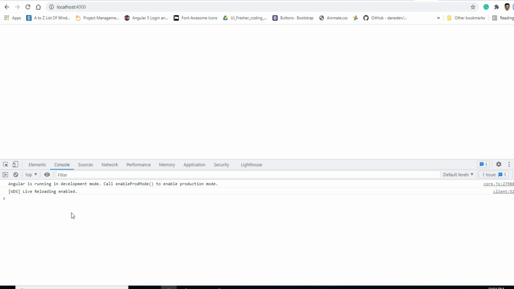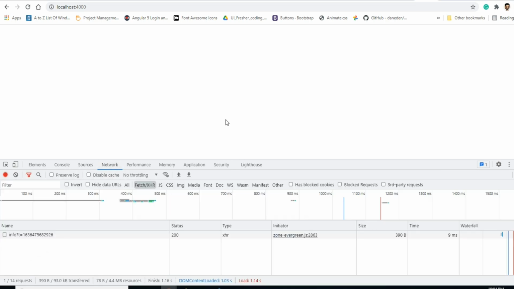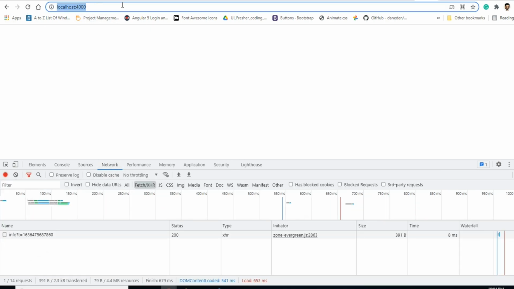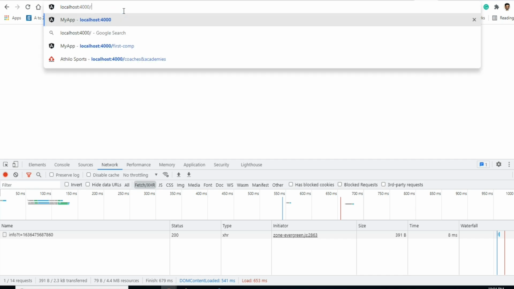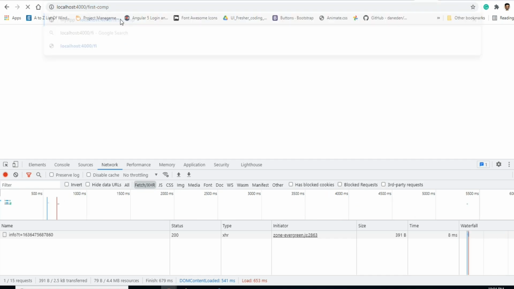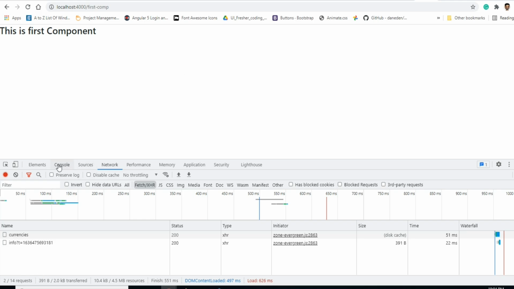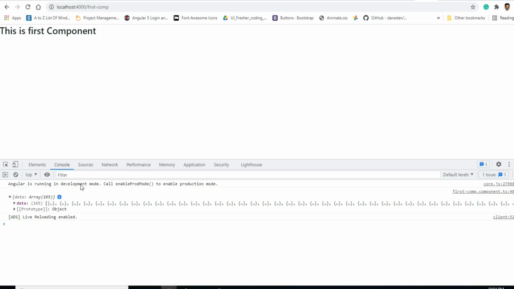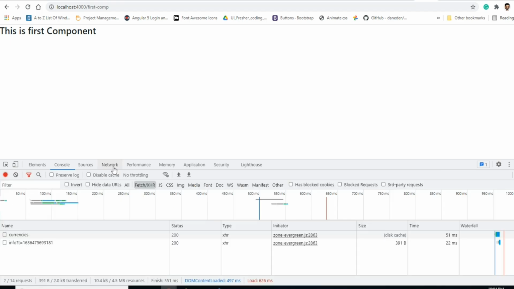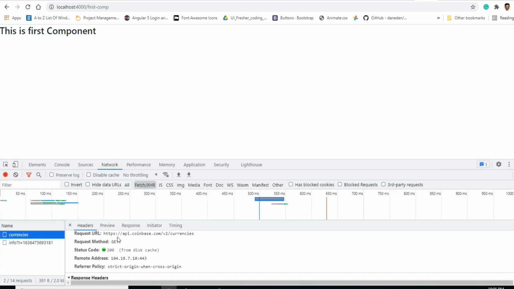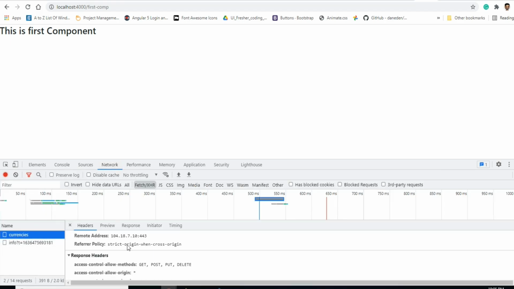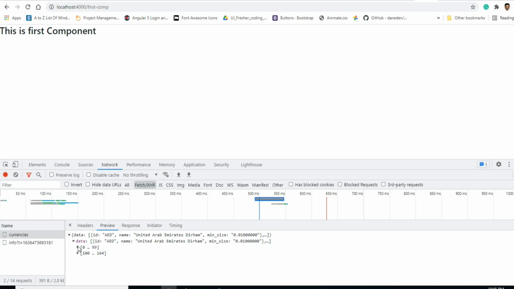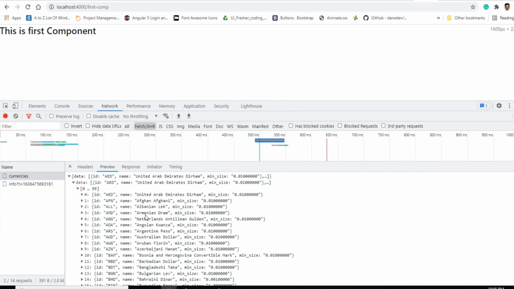Okay, I'm on the wrong page. Slash first component. See, I got the data. Now here we can see that the API is getting called and we got the data. Assume that you are showing this data; this is the wrong way.